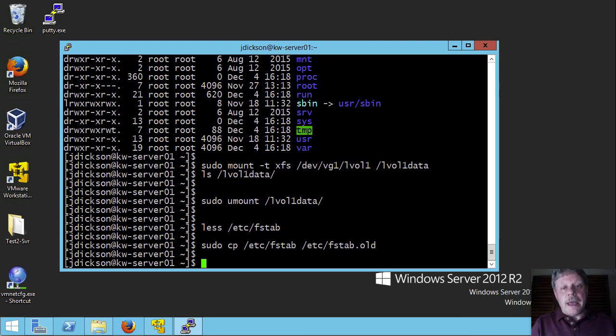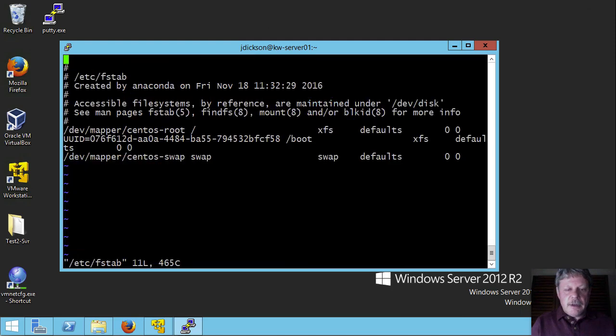And then I'm going to edit the fstab file with a text editor. So I'm going to say sudo vi /etc/fstab. Man, I need to type. There we go, we're in. So I'm going to add a couple lines on the bottom of this. So I'm just going to arrow down. I'll go to the end of the line, and I'll insert, come to right past the end of the line